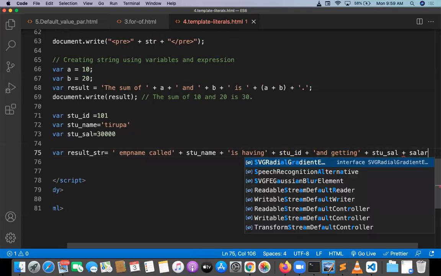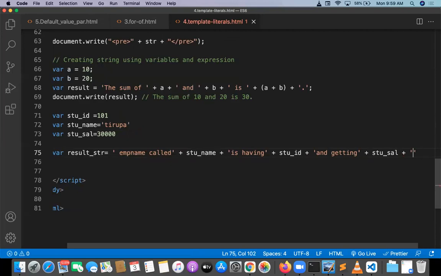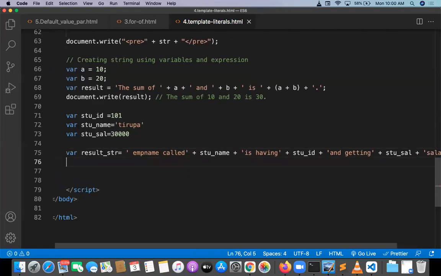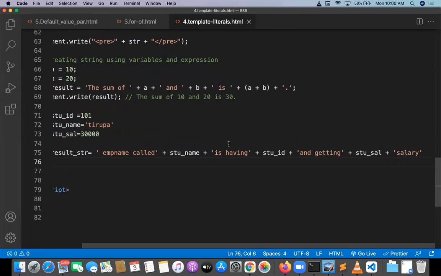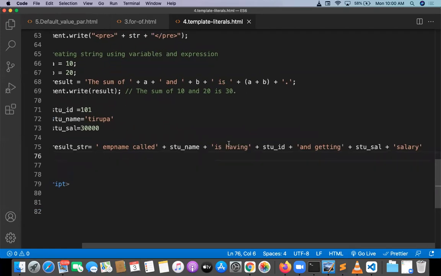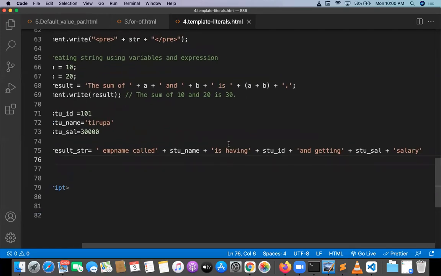And salary. So see, this one is complicated. This one is a bit confusing topic. This one is a bit complicated. Why? Because every time we are making string concatenation, you are going to be confused with the single quotes and with the pluses. We are using a lot of pluses over there. For each and every variable, we need to give the plus before and plus after, and we need to close the strings in single quotes or double quotes. So people are confused with this concept of ES5.